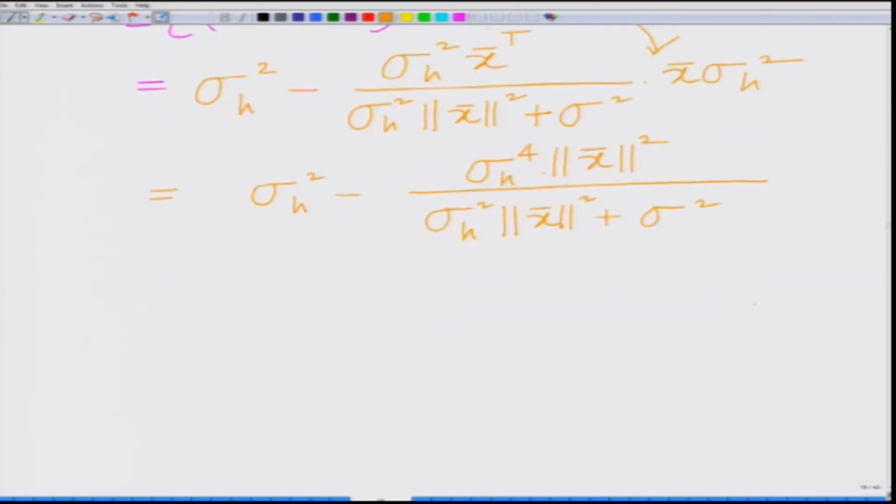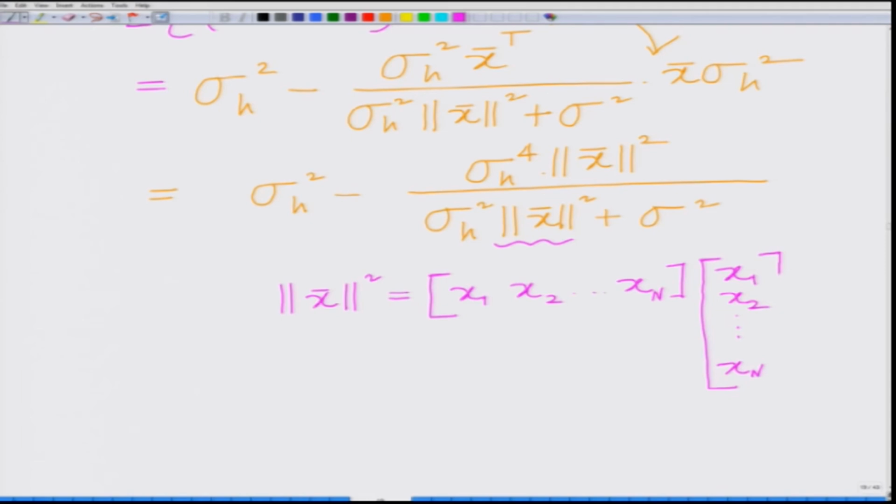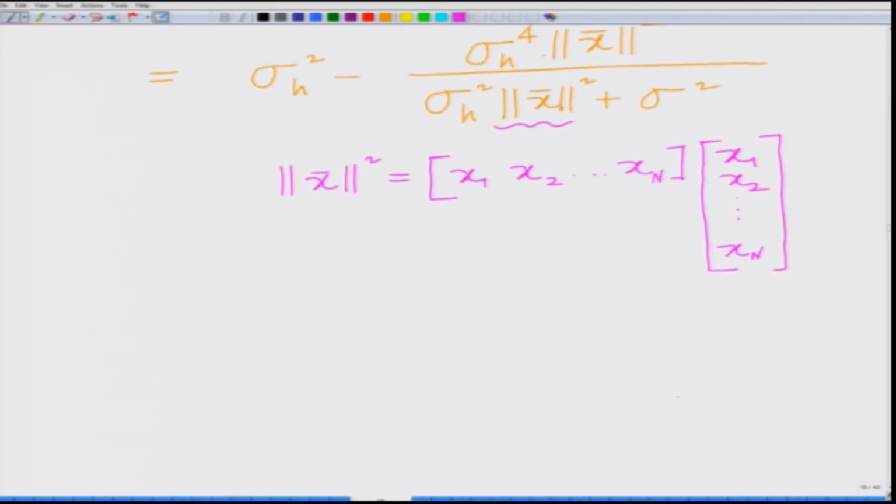And in case you are wondering, norm x bar square is nothing but the row vector x1, x2, ..., xn times the column vector x1, x2, ..., xn, okay, and this will be equal to x1 square plus x2 square plus so on plus xn square. And later when we consider the complex scenario, all you have to do is replace